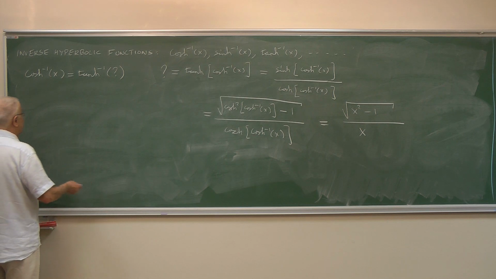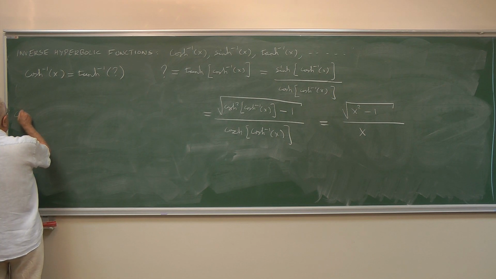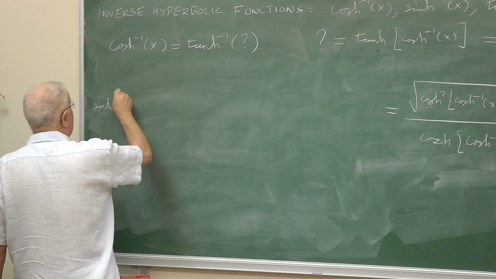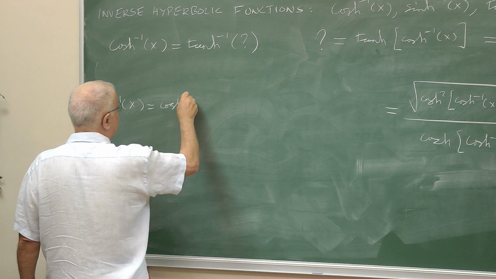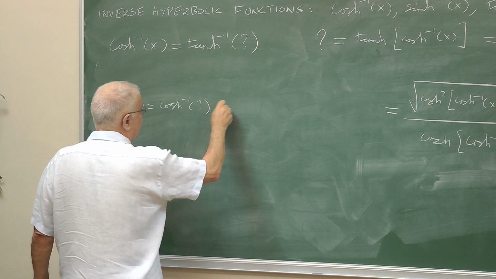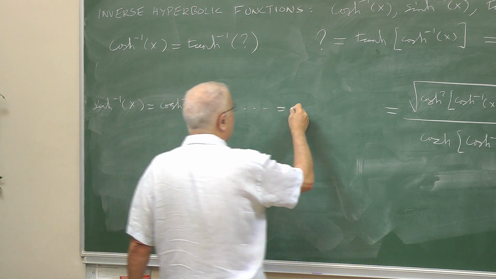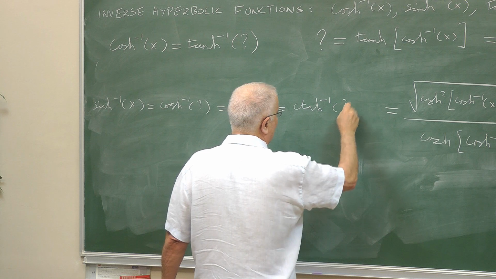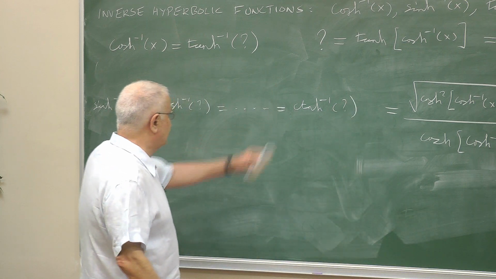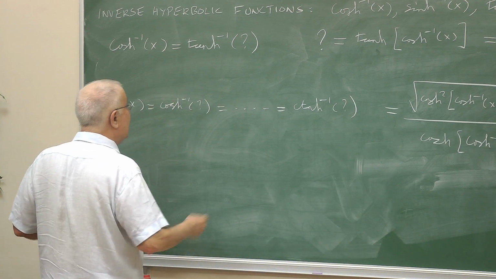So you should start sinh inverse x equals cosh inverse of what, so on and so forth, all the way to hyperbolic cotangent inverse of what. So 5 question marks here,